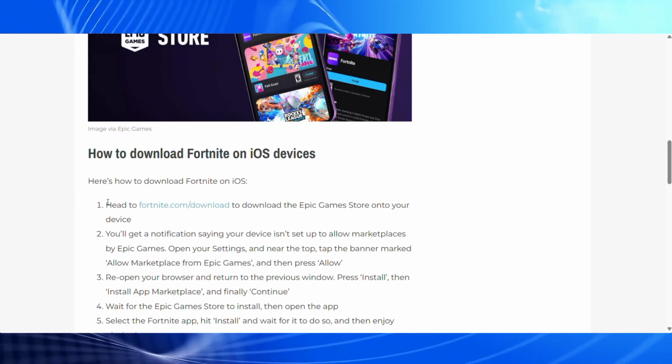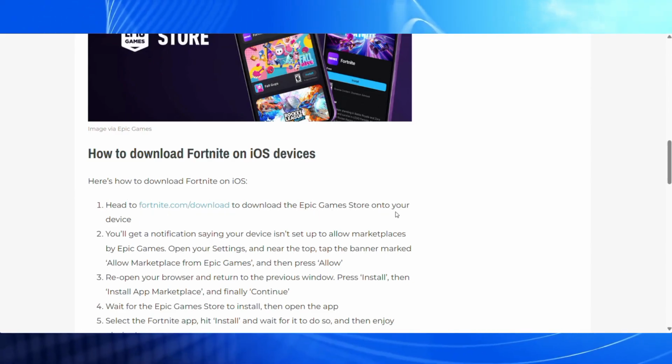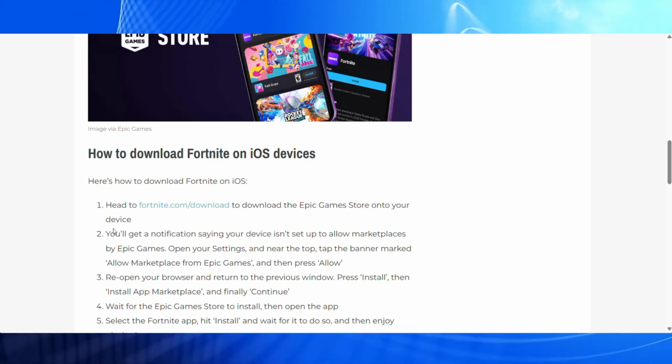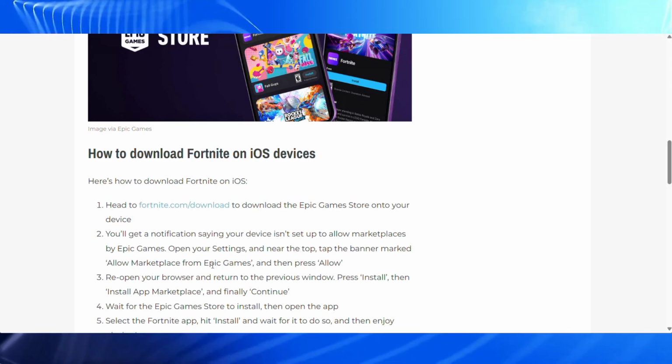Head to fortnite.com/download, this link, to download the Epic Games Store onto your device. You will get a notification saying your device is not set up to allow marketplaces by Epic Games. Open your settings, and near the top tap the banner marked Allow Marketplace from Epic Games, and then press Allow